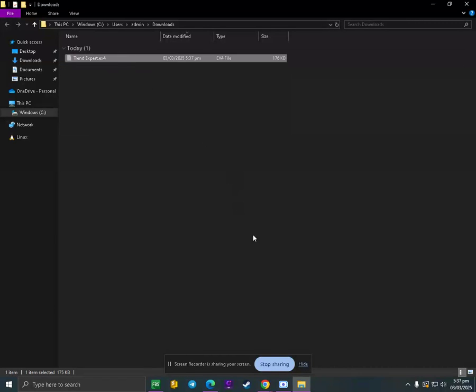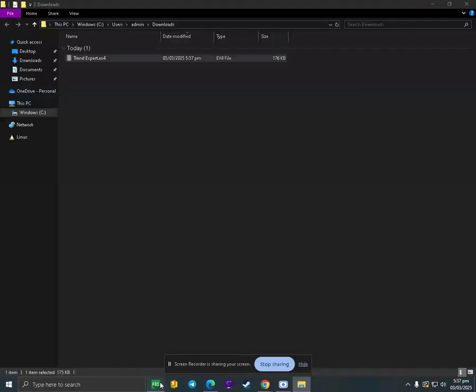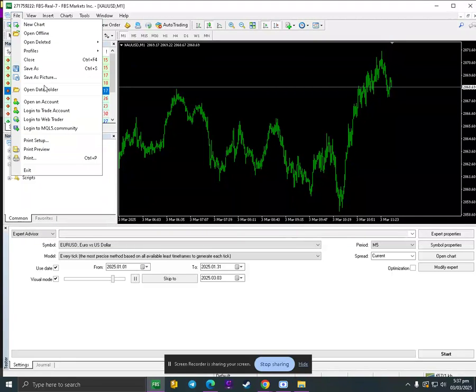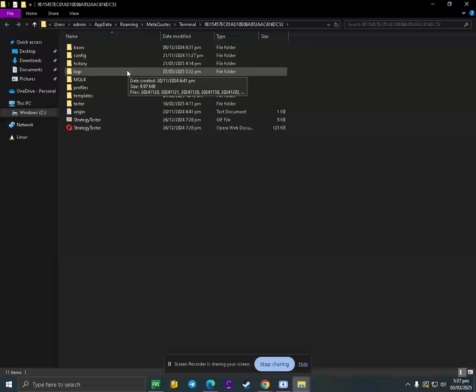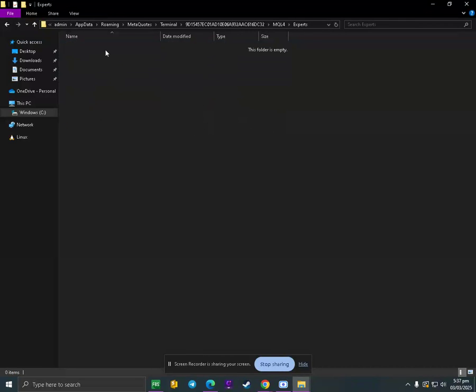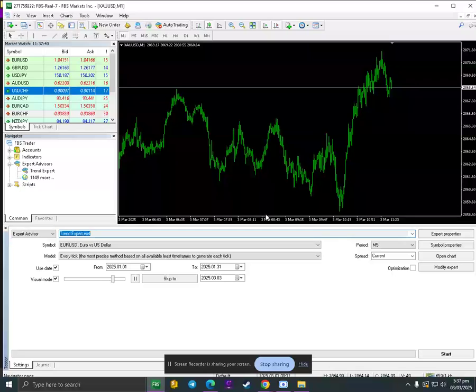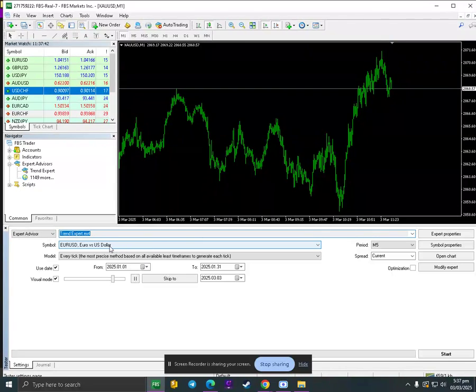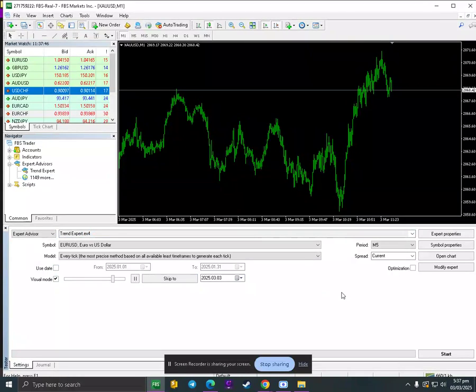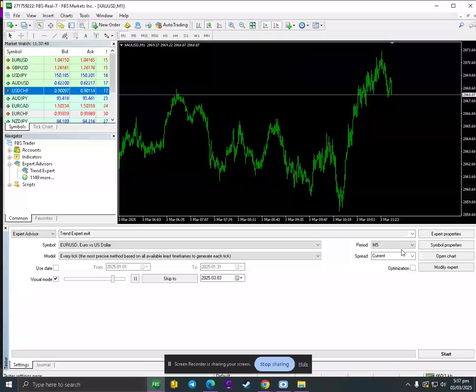Okay, let's copy this one and go to our MT4. This is a live market, guys. This is my account on FBS. We're going to be using the EURUSD, just for our test only.